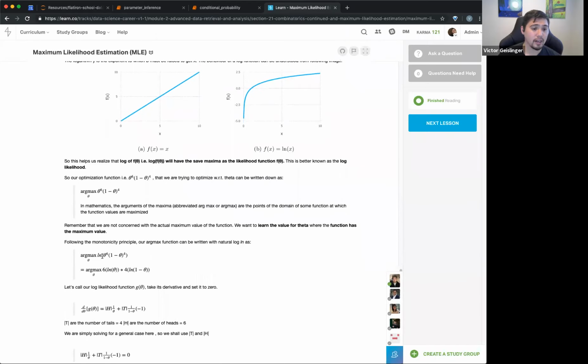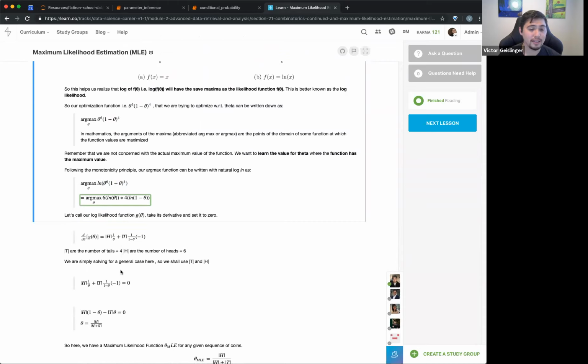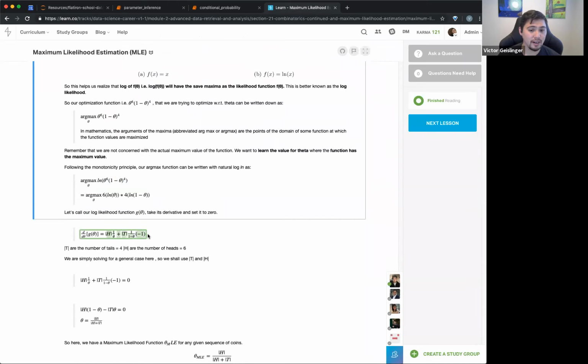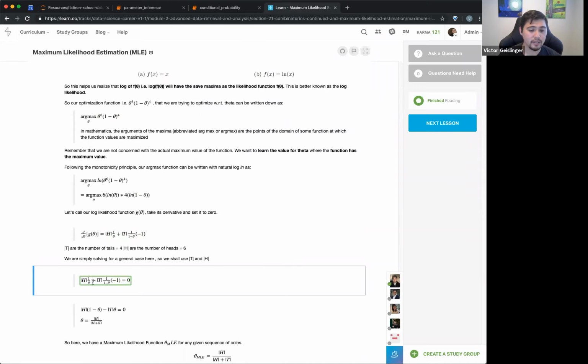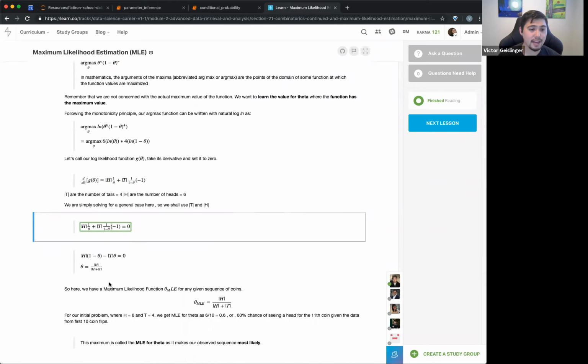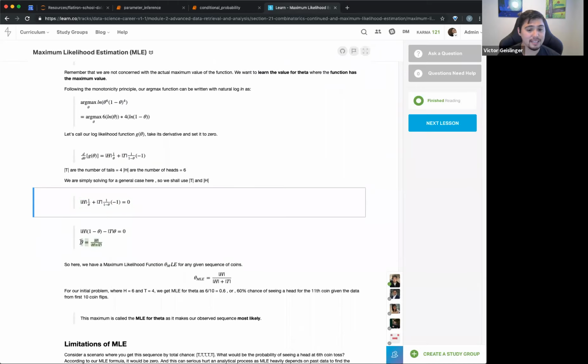We basically just showed that the maximum argument of this function is the same thing as just doing the log, which is essentially just this guy right here. So that means for the derivative, we set this equal to 0 and solve for theta. And that theta essentially simplifies down to this final form, basically saying how many heads over the total number of